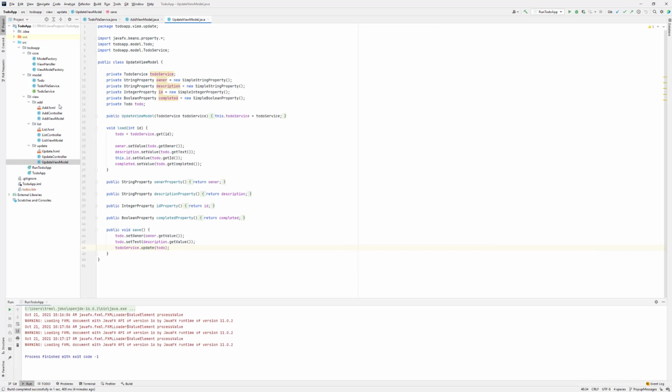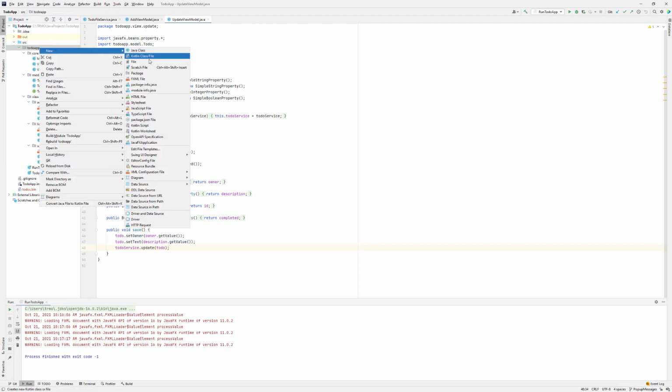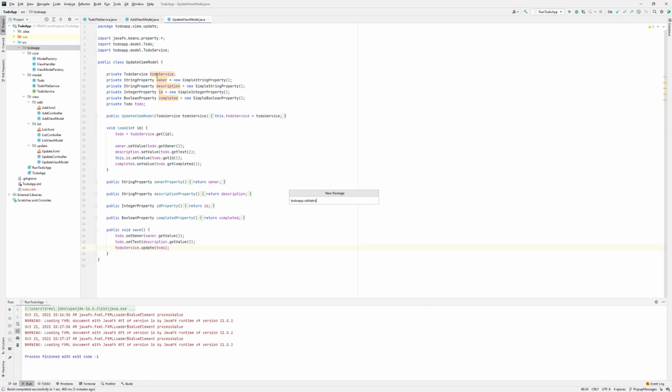Let's start by making the class. It should go somewhere, maybe a new package. Let's make a new package. Let's call it validation. We create a class here. Maybe I want an interface first. Maybe I have different validations at some point for the to-do class. So interface, to-do logic,